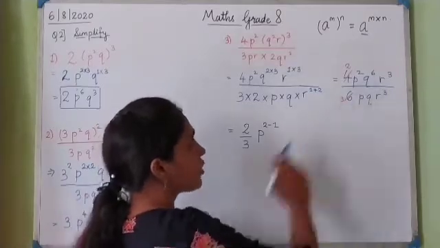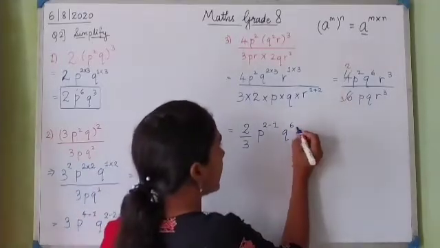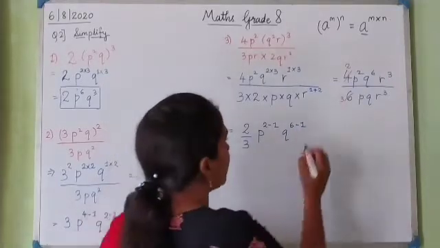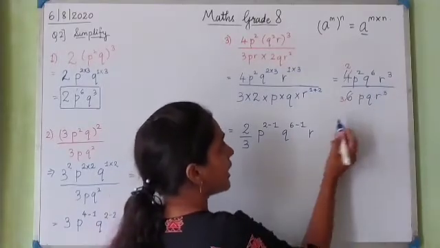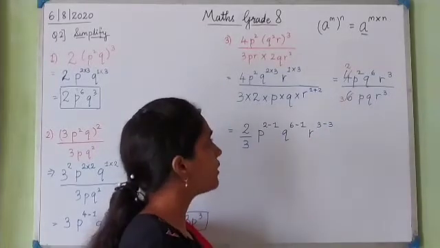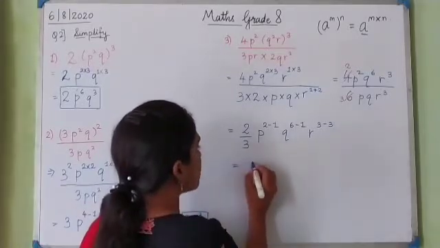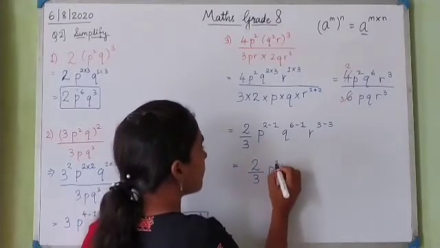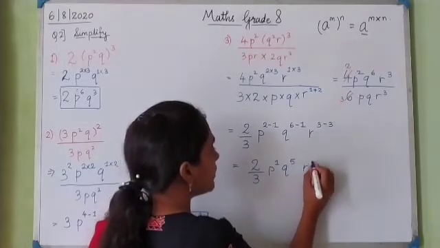Okay. Then again q is a common variable. So I write q. The power of numerator is 6 and they are divided. So we have to subtract. So 6 minus 1. And then for r is again a common variable. So in the numerator it is r raised to 3 and denominator is also, the power is also 3 in the denominator. So both of them 3 minus 3 will get subtracted. Okay. So now this becomes 2 by 3 will remain as it is. P raised to 2 minus 1 is 1. Q raised to 6 minus 1 is 5. And R raised to 3 minus 3 is 0.